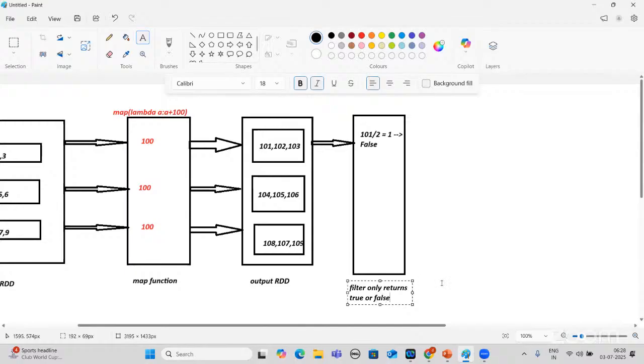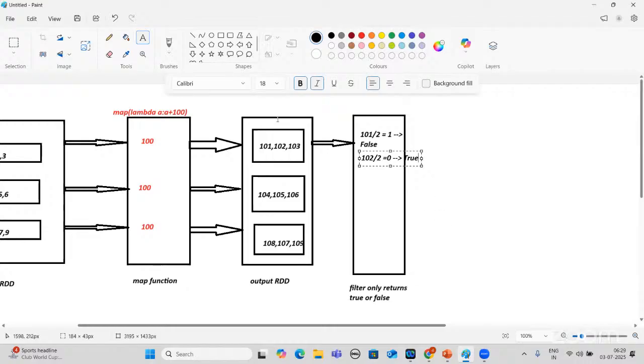Again, for 102 by 2, it would be true because it is 0. Like this, it will read all the values. This is a filter function, and filter function is a narrow function.